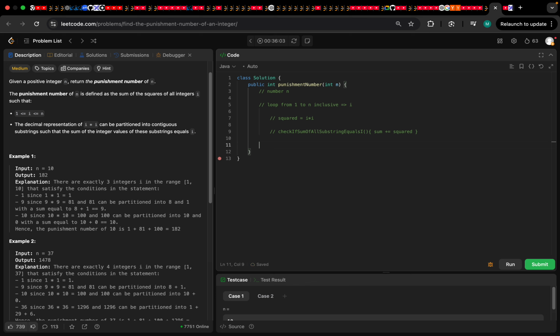So we could just define a sum, call it 0. Remember that sum will be what we accumulate our values in. We're going to loop from i equal to 1, i less than or equal to n, and i plus plus. Then we define a squared. Squared is going to be i times i. Then I'm going to check if